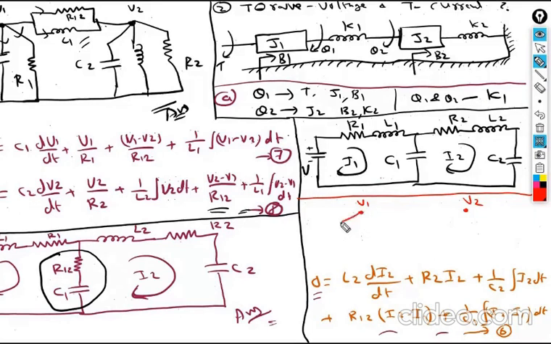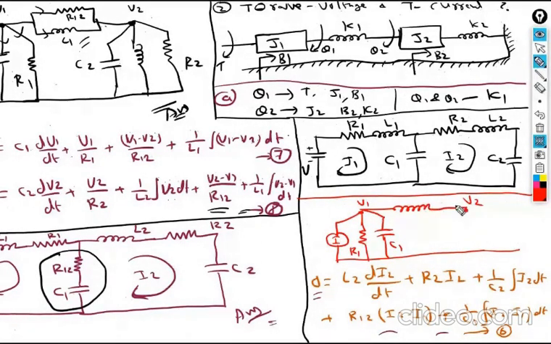One is current I, obviously, and another element is R1, and another element is C1. R1, C1. And similarly, next common element here is